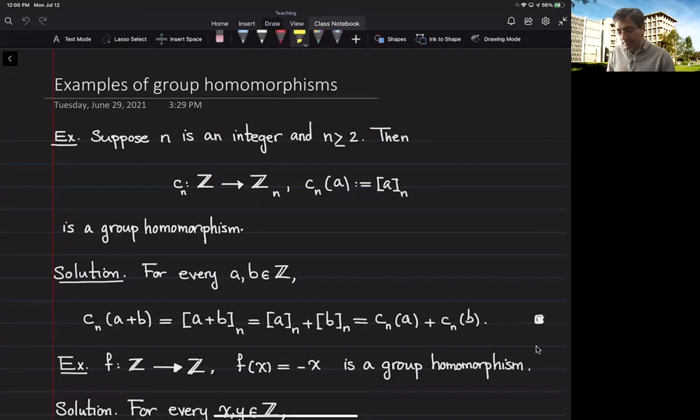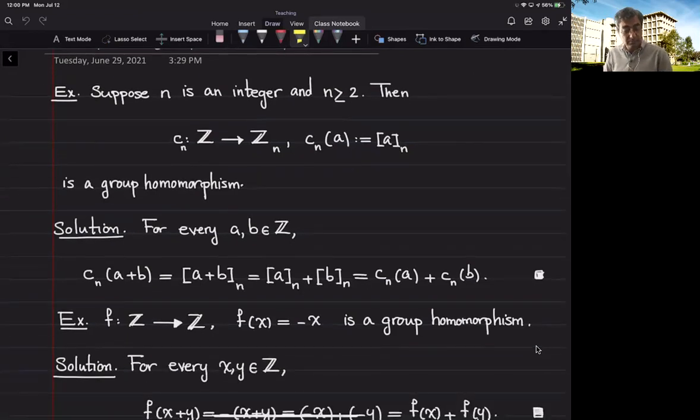What does that mean? It means that we need to show C sub n of a plus b is the same as C sub n of a plus C sub n of b. That means the C sub n preserves this group operation. Now, C sub n of a plus b, by definition, is the residue class of a plus b, modulo n. By the way that we define addition on Z sub n, the residue class of a plus b modulo n is precisely the residue class